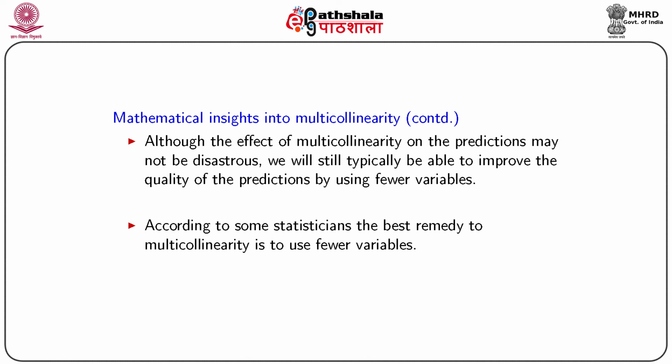As long as we use fewer variables in our model, there is less complexity and fewer parameters that we have to estimate. So in my opinion, the best remedy to multicollinearity is to use fewer variables which are statistically significant in the study. This can be achieved by a combination of thinking about the problem, transformation and combination of variables which are available, and model selection. In the model selection, we have to be careful about which models we retain and which models we discard.